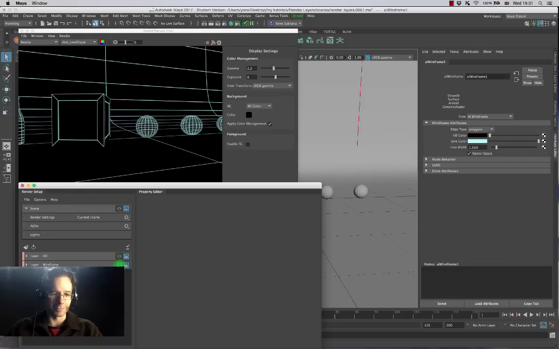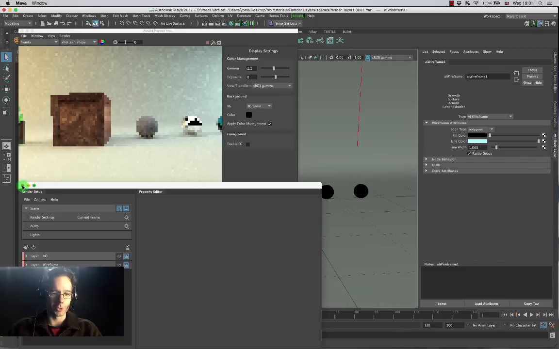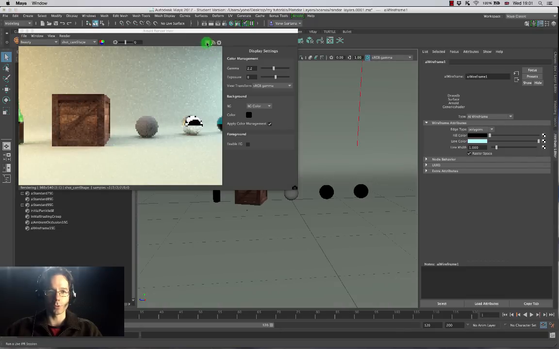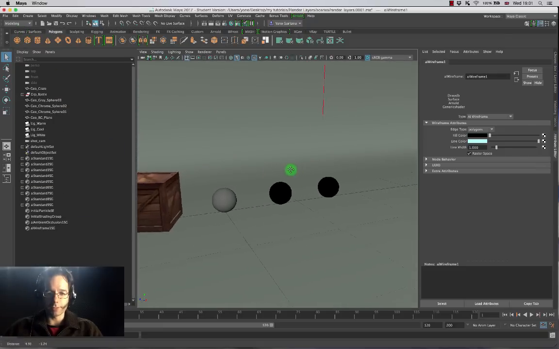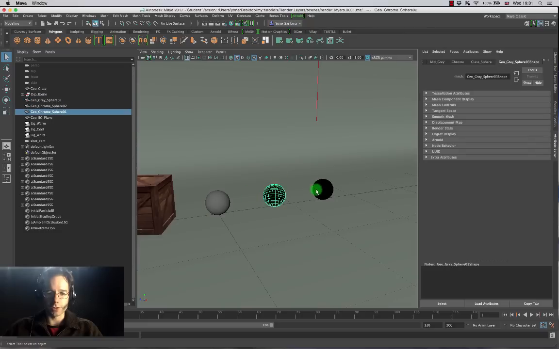So I'm just going to make sure that my render layers are actually turned off like that, just so that I've got the actual image over here. Now, to create material IDs inside of Arnold, I'm going to be playing around with these three spheres. I could choose any other combination of objects inside of my scene, but I'm just going to leave you the simplest ones to work with,